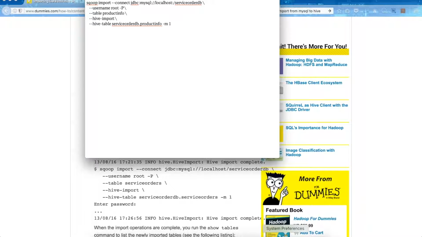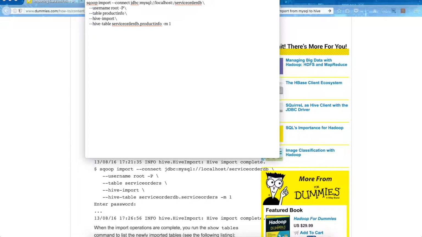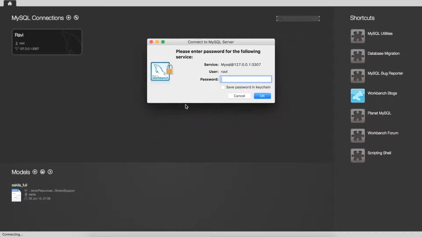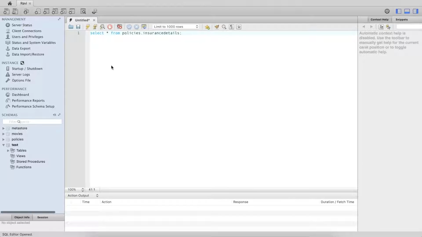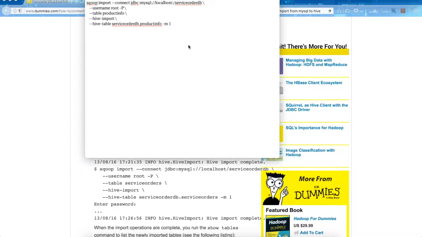How will you know the port? If you look at the MySQL workbench, and if you look at the initial screen and look at the server status, the first link on the left hand side, you can see my port is 3307, and remember default port is 3306. So your system might be using 3306. So please use the correct port. So what I'm going to do here, localhost, I'm going to write 3307, which is mine. You should write your port number,